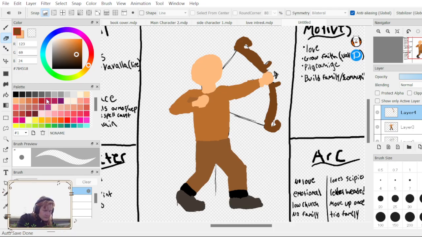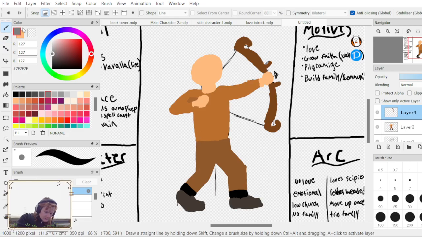Alright, we can also do a mace hanging off the belt. Oop, that's an eraser. There we go.